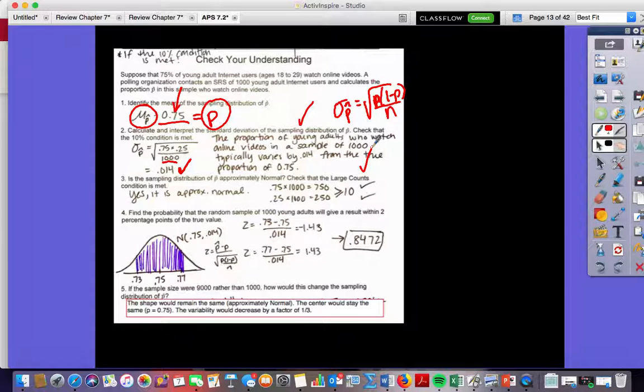Also, I will give you a full point if you also check the 10% condition. This was kind of a side one, but the 10% condition states that little n is less than or equal to 1/10 of big N. You plugged in 1,000 for little n, so what would big N be? It's unknown. All young adults from 18 to 29, all internet users. So would that be bigger? Yes, absolutely. So it actually still would be okay. You would plug that in, so plus 2. If we wrote it out and just said 10% condition met due to the massive population.